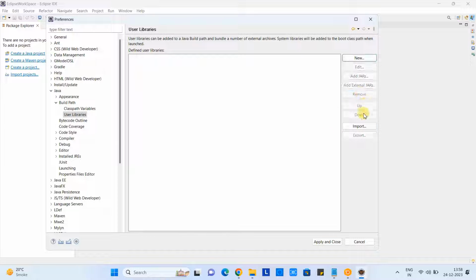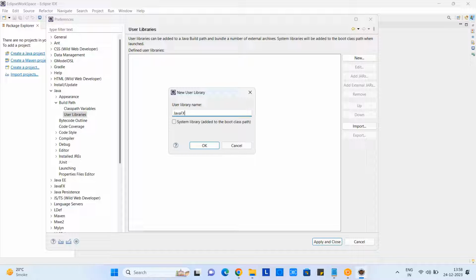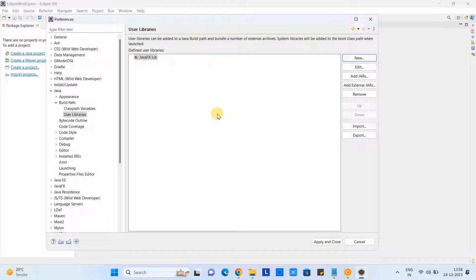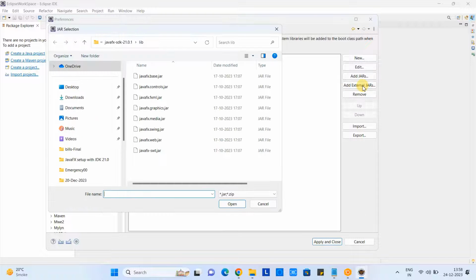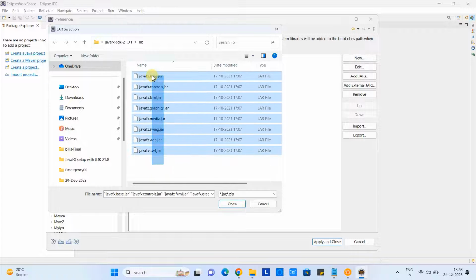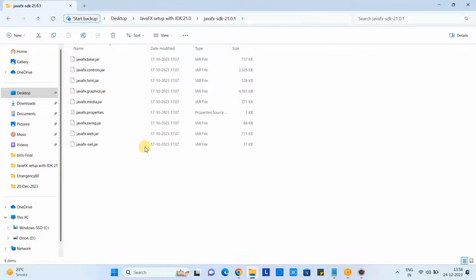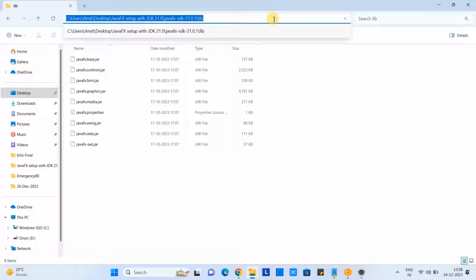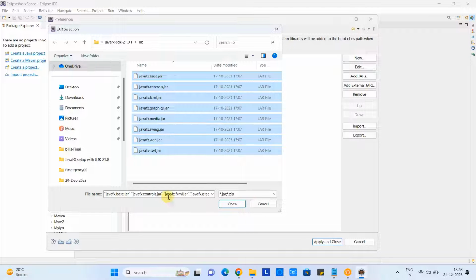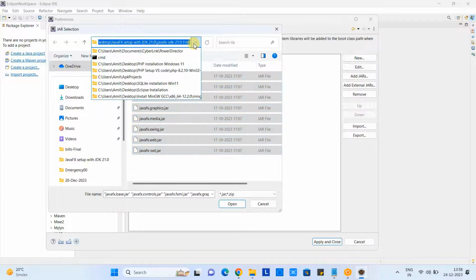You can see one item here. Let me remove it. We will do everything from scratch. Click on New. So guys, here you have to give a name which reflects that you are adding JavaFX SDK. So I have given a random name, JavaFX library. And then you have to click on Add External JARs. Here we are going to add the jar files. Let me show you which jar files. So you can see we have downloaded the JavaFX SDK zip file. We have extracted it. There we have these jars present. So just search through the